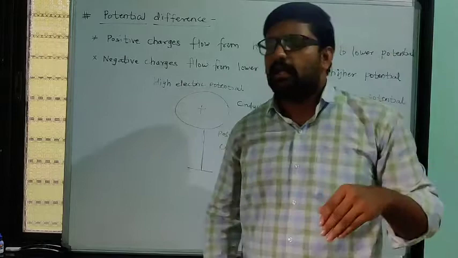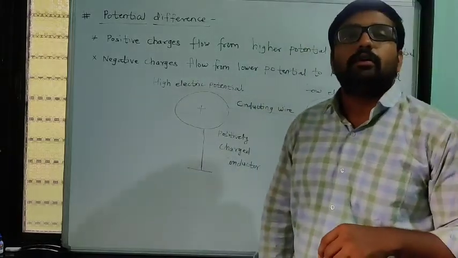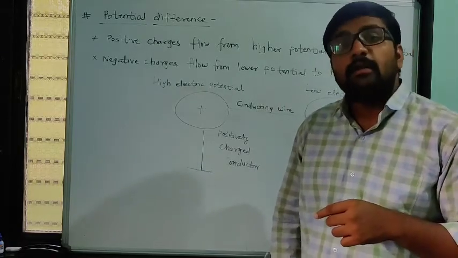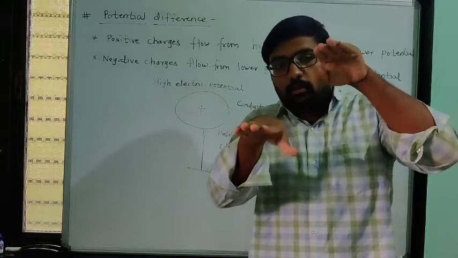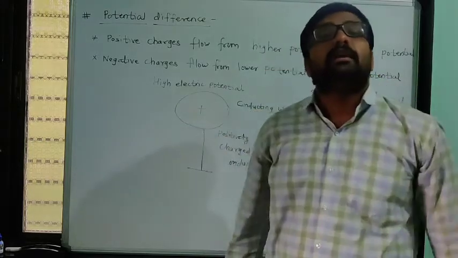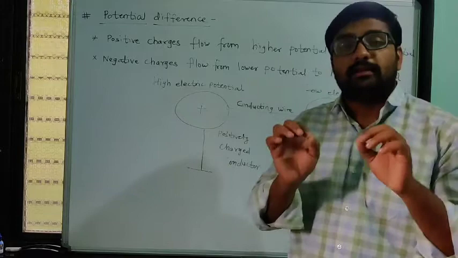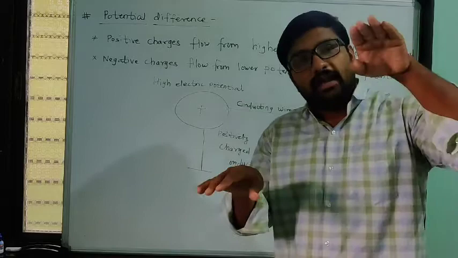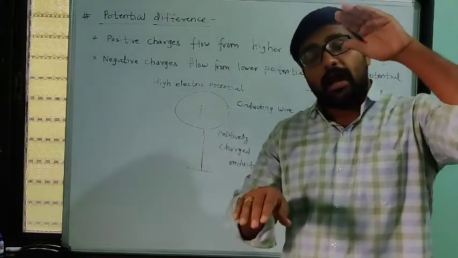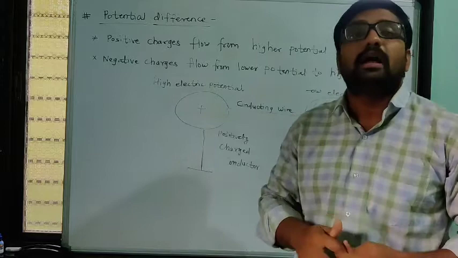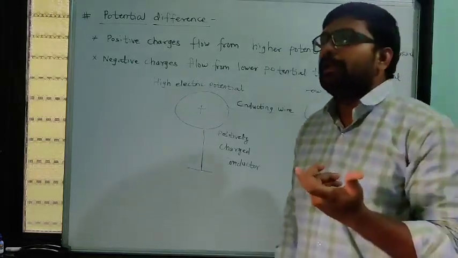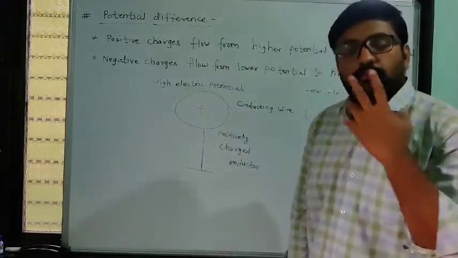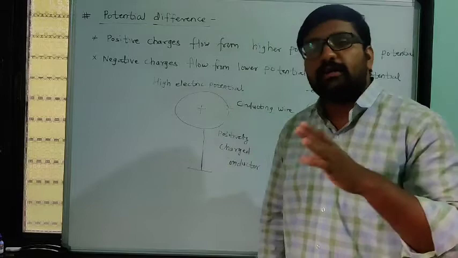We have also studied that the water continues to flow until the height of water in both tanks becomes equal. Up to that time, water continues to flow from tank 1 to tank 2, from the higher height tank to the lower height tank. So we need some difference of height, then water can flow from one tank to another tank.